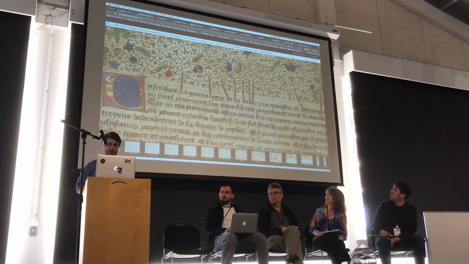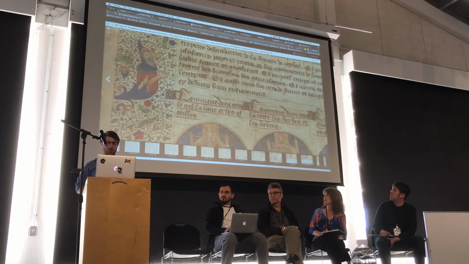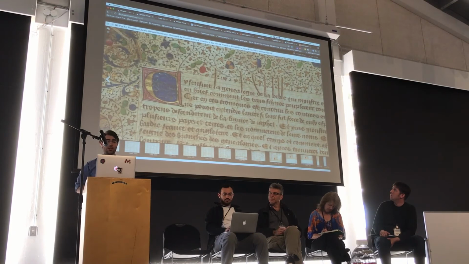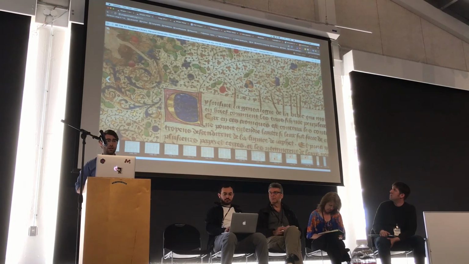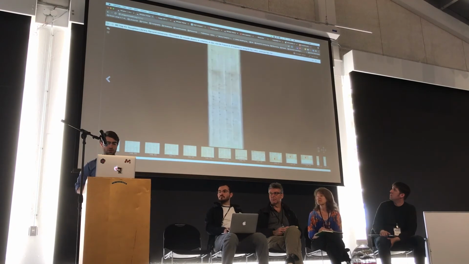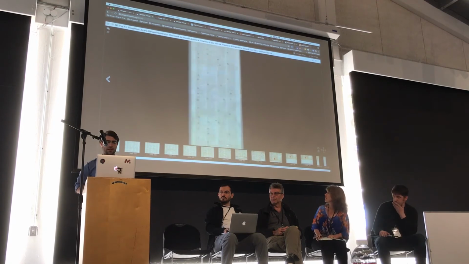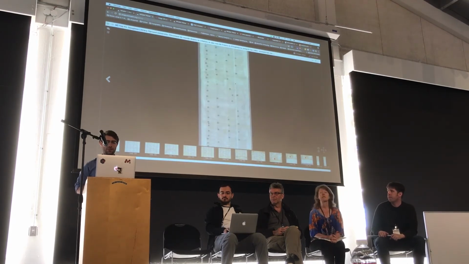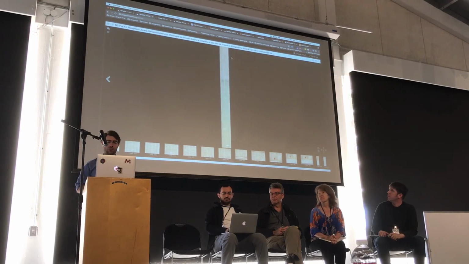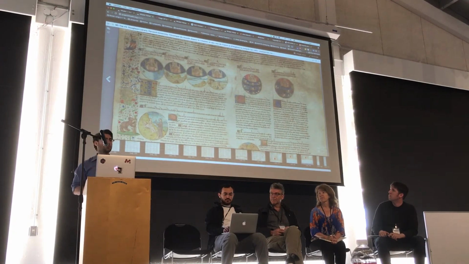So you can see, for instance, if you're interested in the materiality of a work like this, it's useful to have really high-resolution imagery, but it's really, really, really big, and it's too big to be sent over the web. So people began creating these tiling viewers that could view these huge works in one seamless interface without having to download all the pixels. You only download as many pixels as you actually need at the time that you're using the work as you scroll around. But the community of library developers kept re-implementing the same software over and over again,